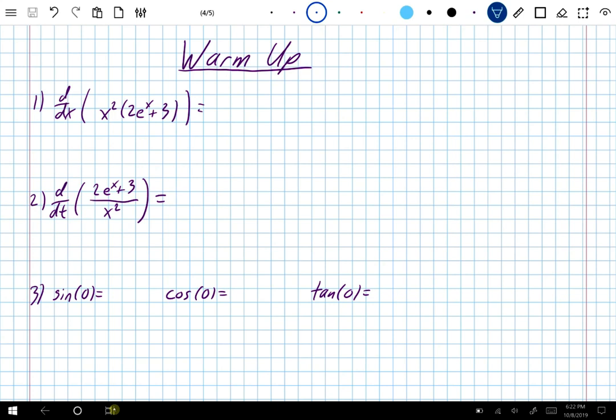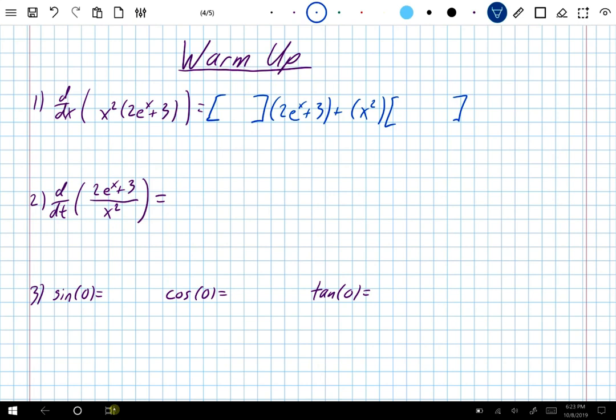I'm going to jump right in here and say, hey, look, you should be able to know which rule to do for each of these. We have one product rule and one quotient rule right from the last lesson, so let's get to it. I'm going to keep using this fun bracket notation that I like a lot, but you don't have to. I just recommend it. It's going to be the derivative of the first times the second, which gets left alone, plus leave the first alone, take the derivative of the second,